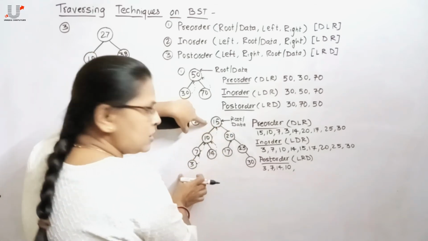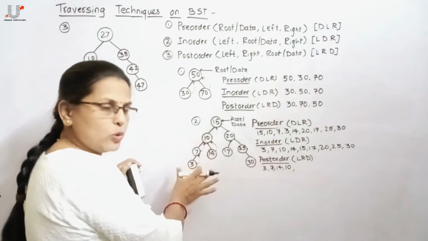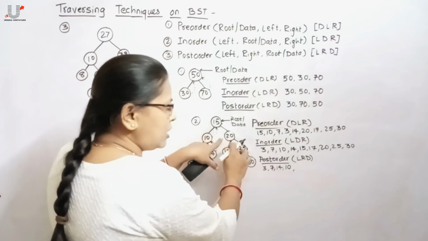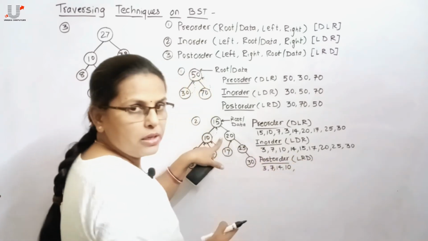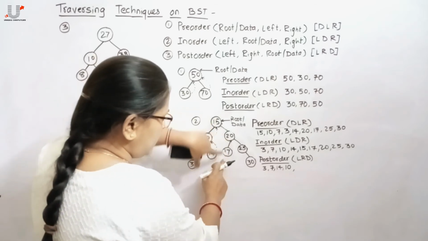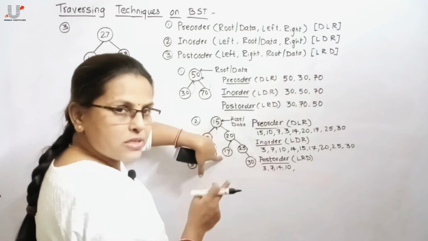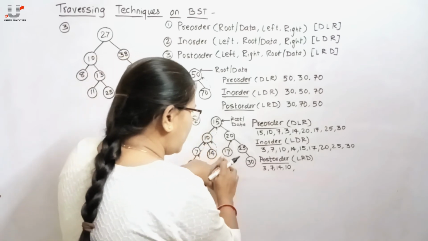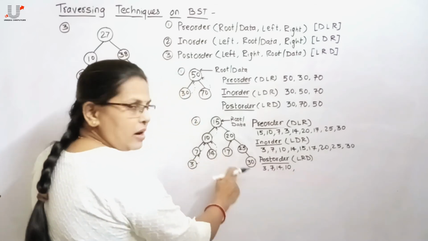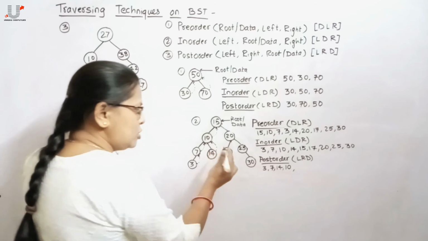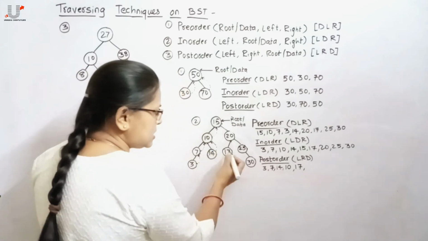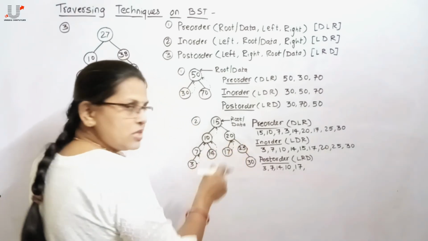After displaying, backtrack to its parent. As the left subtree has already been processed, the control will transfer to its right subtree. Again on that 20, apply LRD. Then check whether a left subtree is there for 20. Yes, 17 is there and it has not been processed. Then again apply LRD for this 17. As no left and right subtree is there for 17, data itself, that means 17 gets processed. After processing, the control will transfer to its parent.